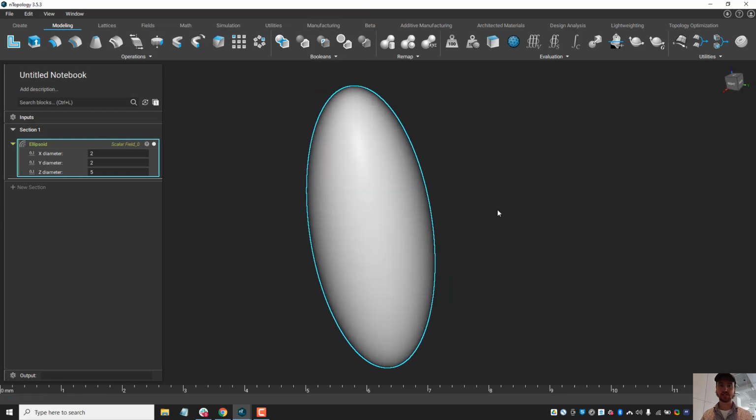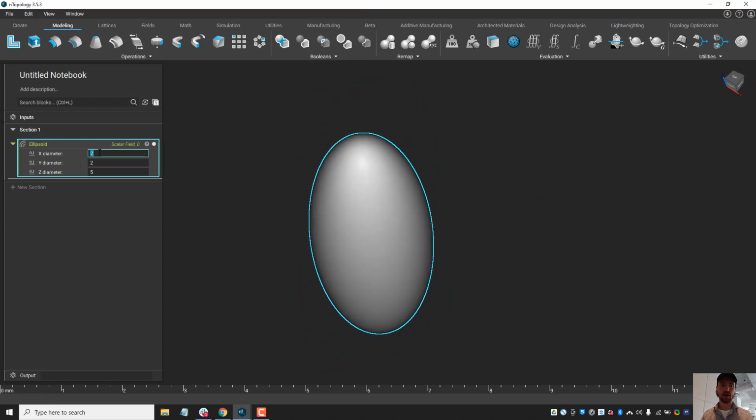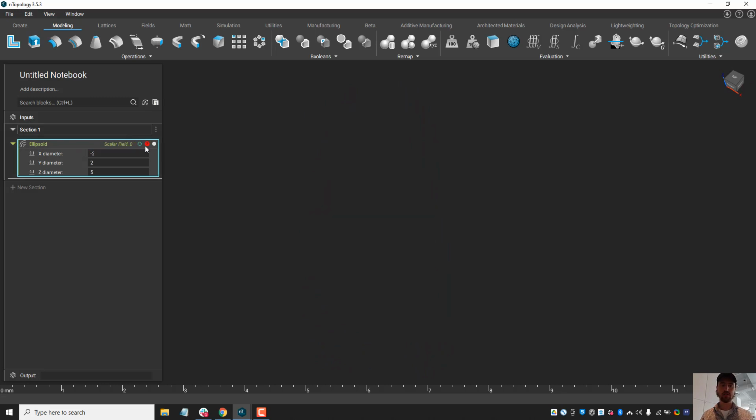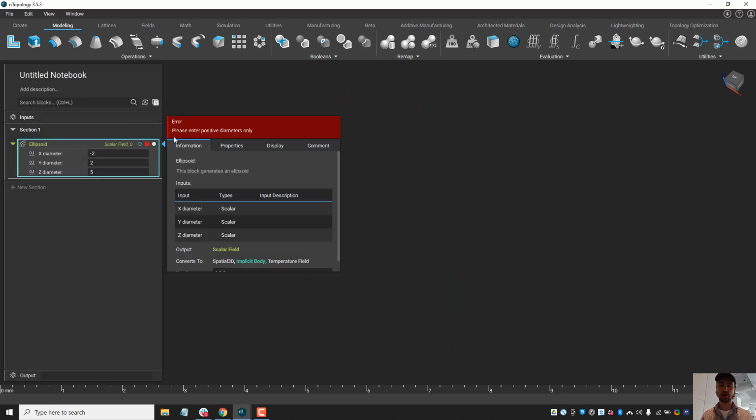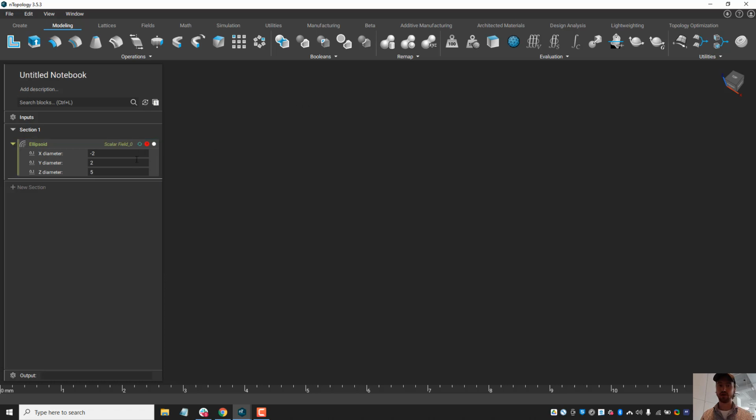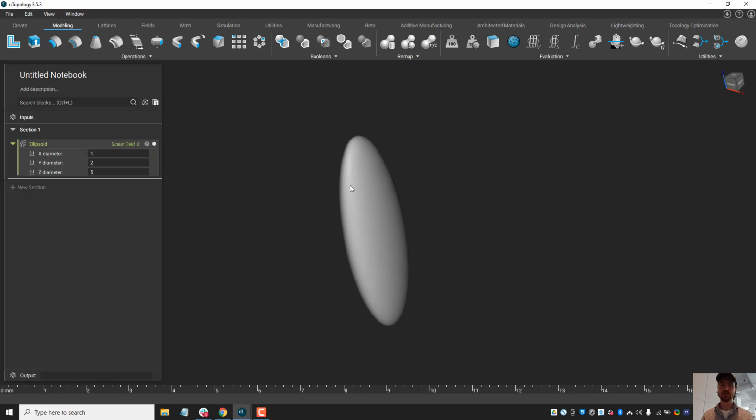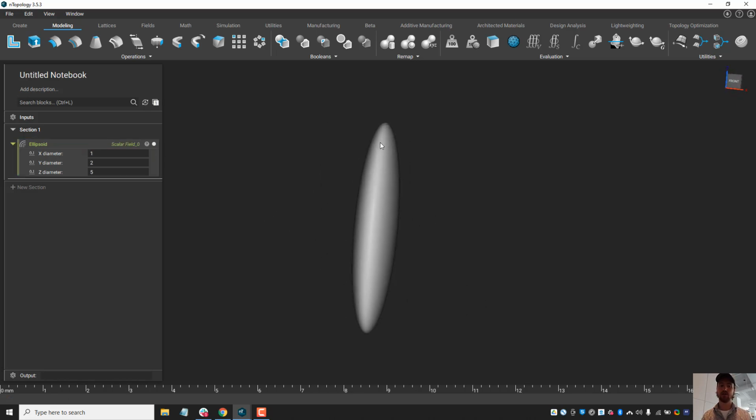And what you'll notice is nothing has changed, except for now, if I enter a -2, you'll see the block doesn't run, and if we click our error, it'll say please enter positive diameters only, which is exactly what we want it to do. If I re-enter a radius, we can run like that. So this allows you to pass some knowledge. If you generate a custom workflow, but there are certain parameters that you want to be met, maybe something isn't printable, it gives you freedom to pass information along with custom workflows to your coworkers, peers, or